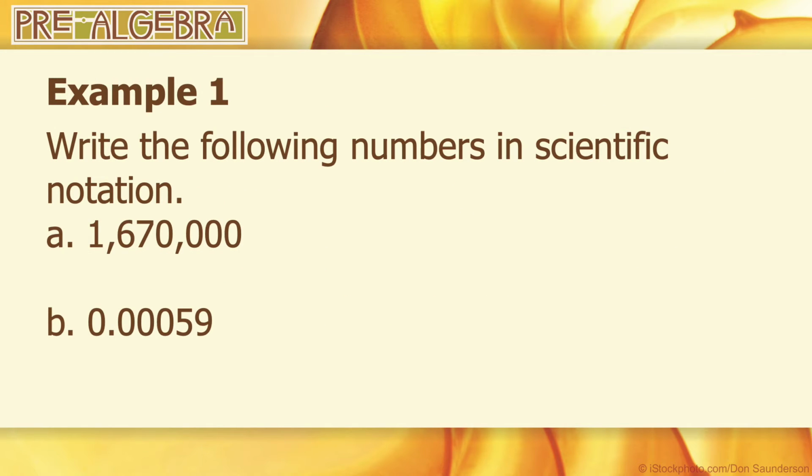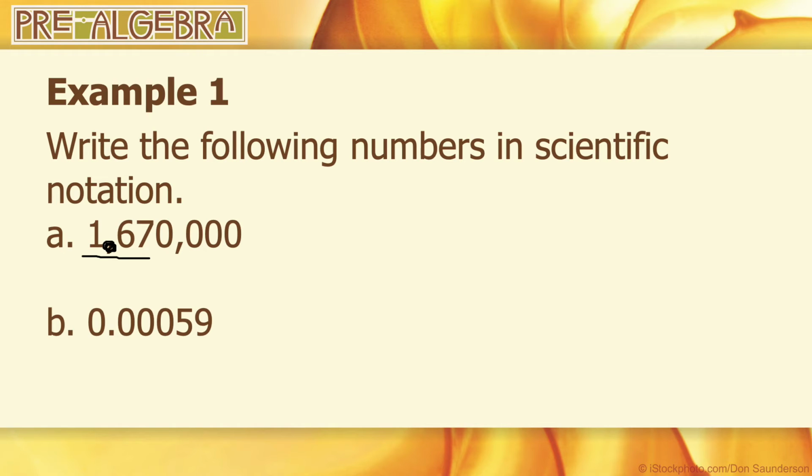All right, here are some examples. Write the following numbers in scientific notation. So I see my starting numbers. I have 1, 6, and 7. Is 167 between 1 and 10? Nope, can't use that. How about 16.7? Nope. So we're going to stick with